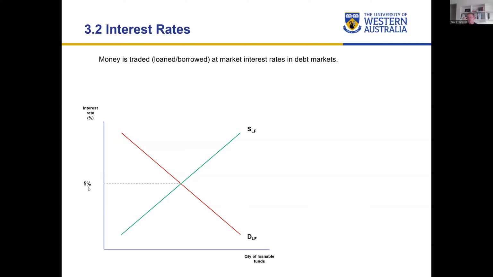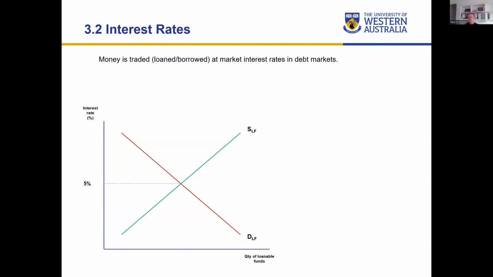Now, those numbers I've used don't quite work out, but I'm keeping it deliberately simple. So this 5% in this 90-day market for money is an annualized interest rate. So it's not the interest rate you'll actually get for 90 days, but it's the equivalent